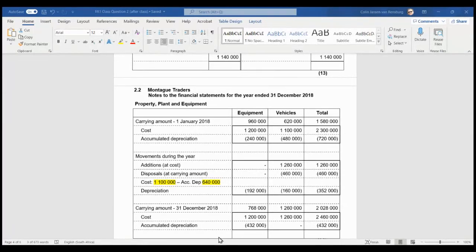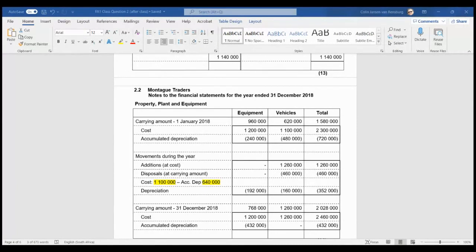Okay, so now we have to go and look at what happened during the course of the year. And now you remember we said a few weeks ago there are many possible changes that could have happened during the course of the year. There are probably about 7 or 8 things that could have happened, but some of them are quite complicated. So we are only in Financial Accounting 1. We are only going to look at 3 movements or 3 changes that could have happened during the course of the year. Maybe you can type for me some, or you can see it in front of you, so I'll just mention it. The 3 that we are going to be looking at in Financial Accounting 1 would be any